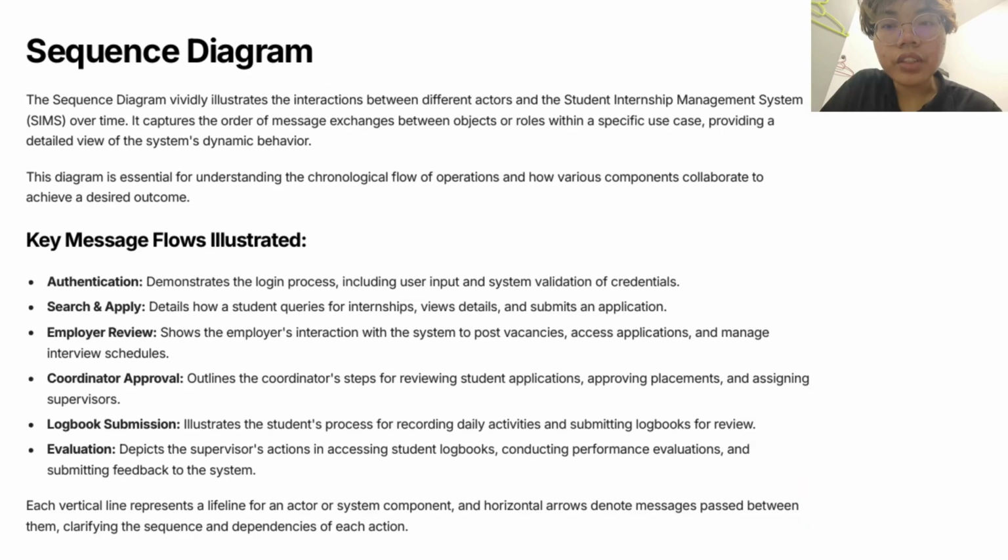Next one is the sequence diagram. The sequence diagram vividly illustrates the interaction between different actors and the student internship management system, or SIMS, over time. So it captures the order of message exchange between objects or roles within a specific use case, providing a detailed view of the system's dynamic behavior. This diagram is essential for understanding the chronological flow of operations and how various components collaborate to achieve a desired